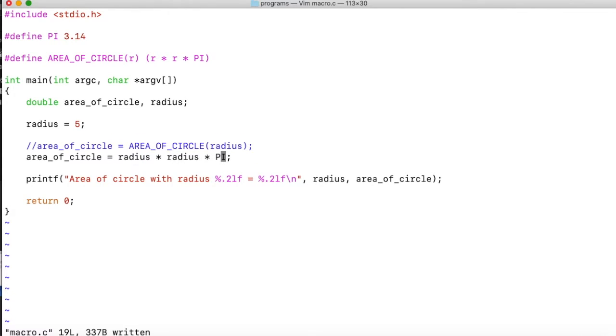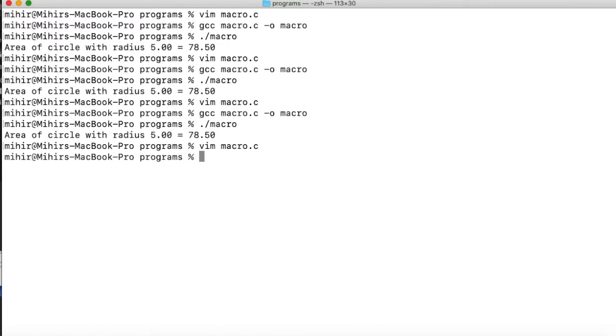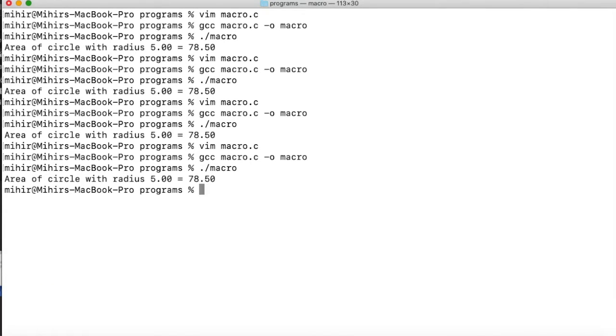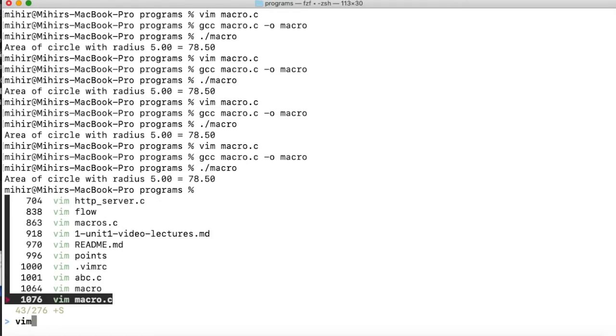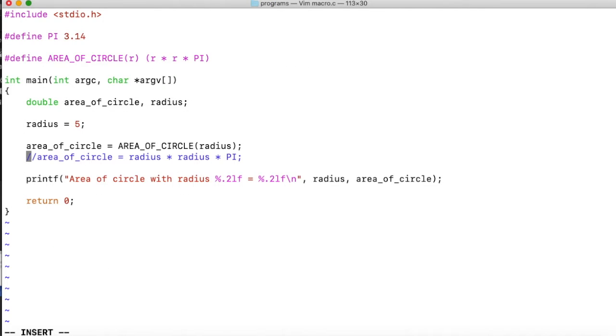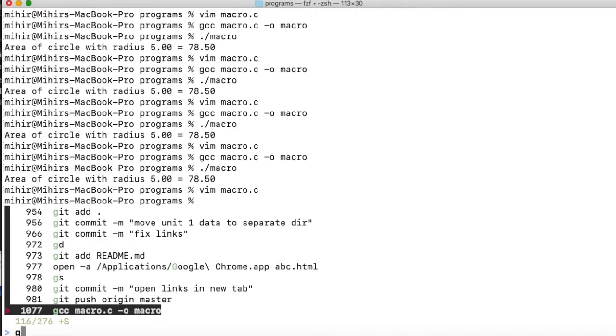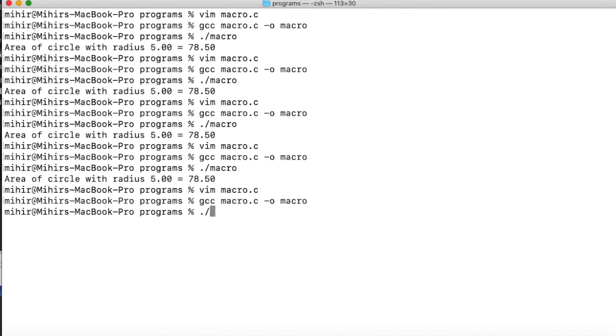So this is equivalent. Let's try running these codes. Let me comment this and comment this. When we run these codes, we are getting the output, and when we use this line, still getting the output.